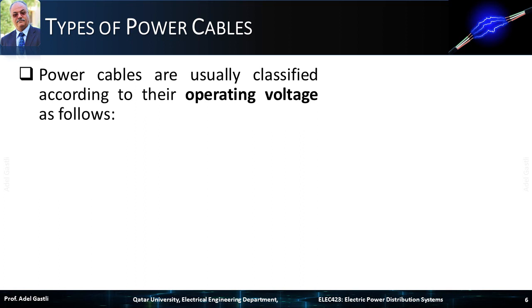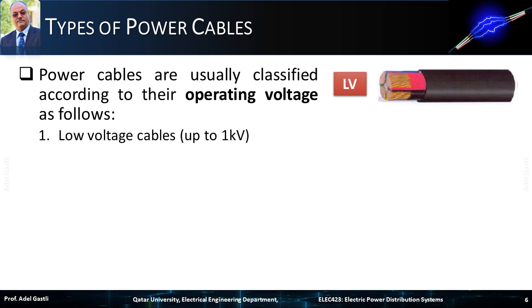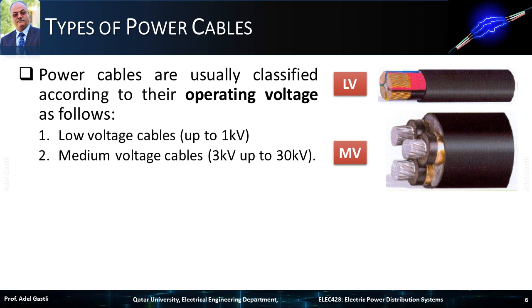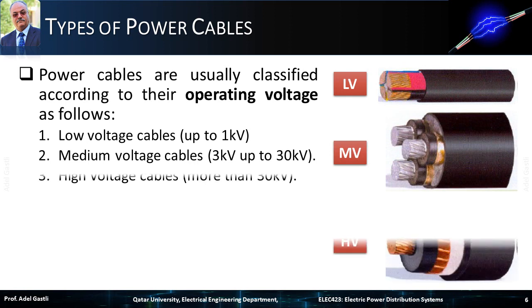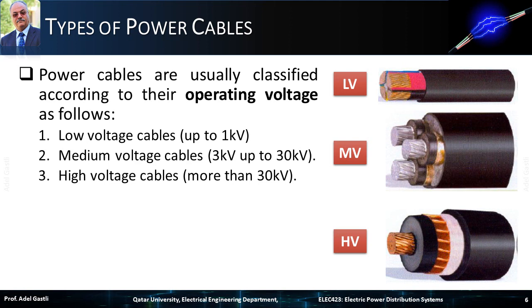So, power cables are usually classified according to their operating voltage as follows. Low voltage cables, up to 1 kV. Medium voltage cables, from 3 kV up to 30 kV. And high voltage cables, more than 30 kV. There are other classes for higher voltage levels, but since we are concerned with distribution cables, these are the most